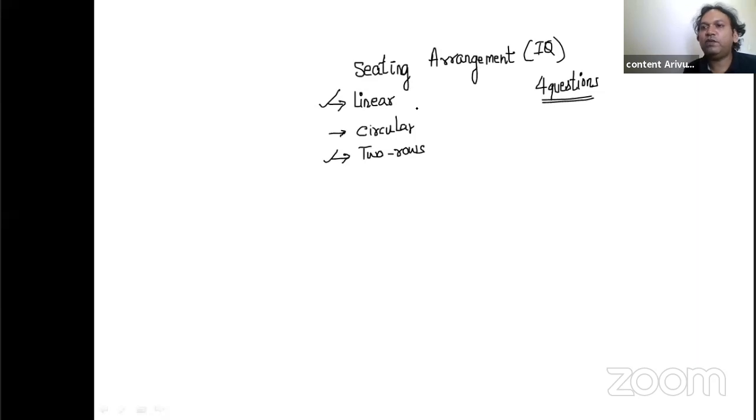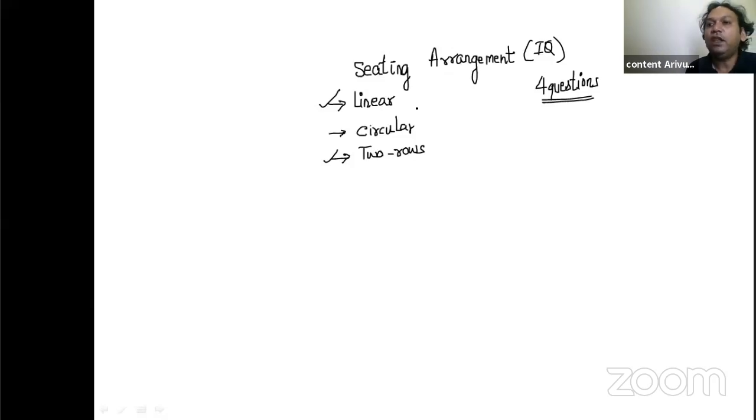Some scenarios are given to you, very simple ones, not complicated at all. Based on that, you have to find out the order in which people have been seated. Now I will show you some of the questions. I'll create some questions right in front of you to give you clarity, by showing you how we make questions, because I've been training for around 15 years now. I normally make lots of questions for different websites and publishers who want questions from me. So I know exactly how questions are created, and I can show you the logic behind question creation, which I think may help you in solving these questions in the examination.